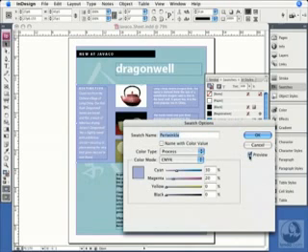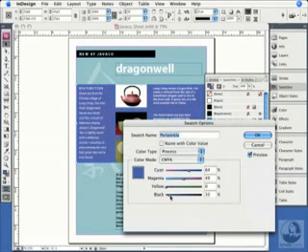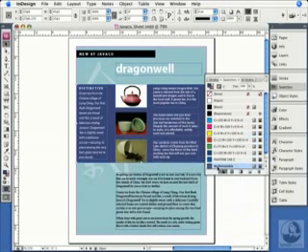So once it's open, I can go ahead and change my values here. For example, I'll bump this up and make this a little bit darker. Why don't I change the name of this to something else, because that's certainly not Periwinkle anymore. Click OK, and it updates immediately in the Swatches panel for me to use some other time.